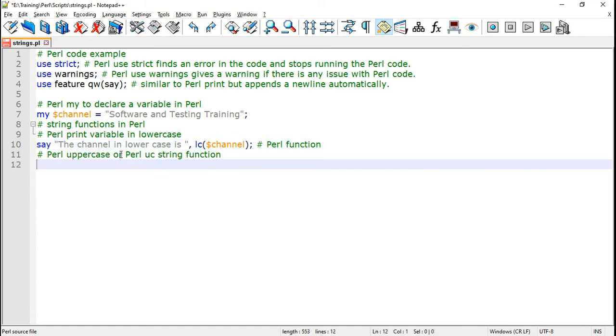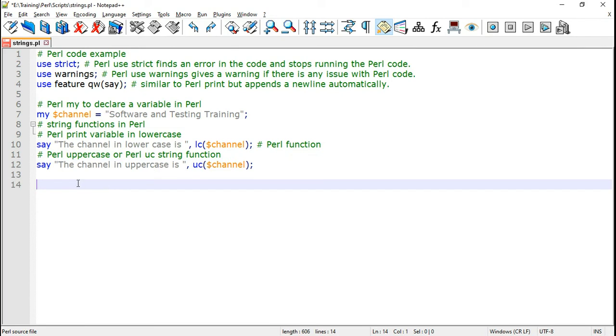Similar to lc, we have uc, so Perl uppercase or Perl uc string function. We can use the say statement. Say the channel in uppercase is uc, give the variable name as channel. Now let me run this Perl script, save it.